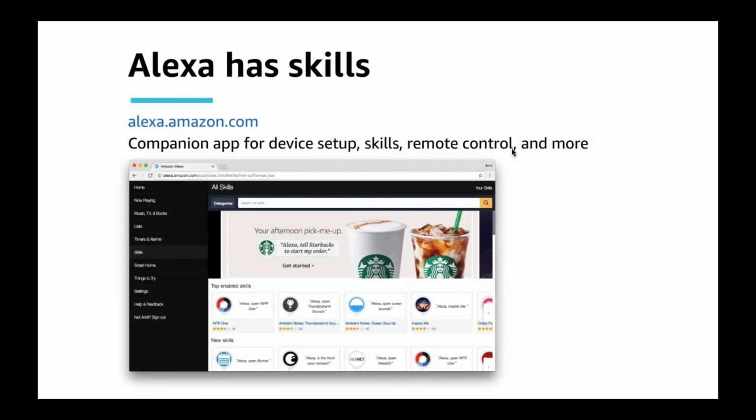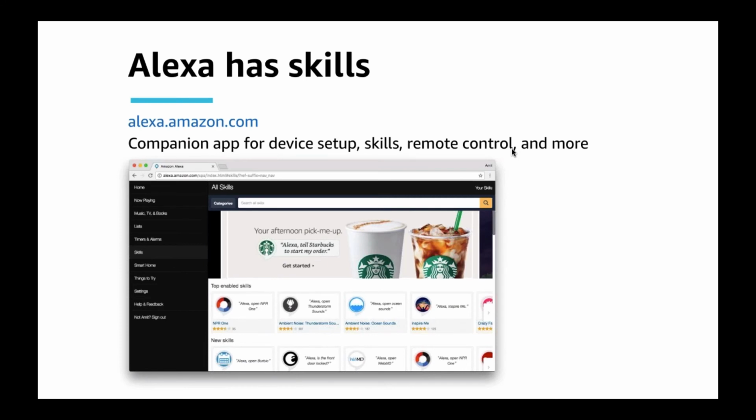And all of your skills, so when you first get an Echo or an Alexa device, you go into the Alexa app, which you can download on iOS and Android. But you can also access that by going to a browser and going to alexa.amazon.com.